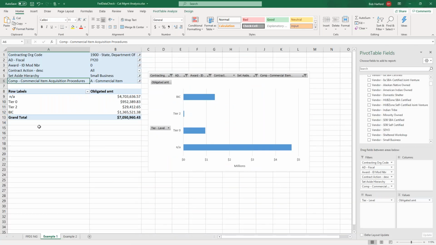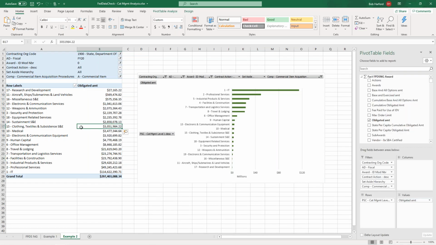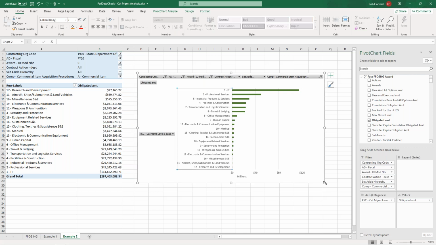So that was tier. The tier is the maturity model. How effectively are you using category management? BIC is classified the best. Again, tier 0, you're not using category management. Now here what they're doing is they're just looking at, okay, what are you spending it on?